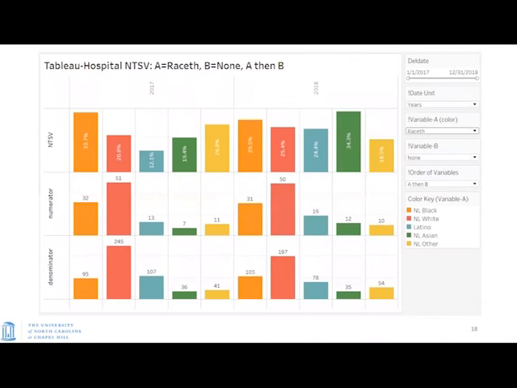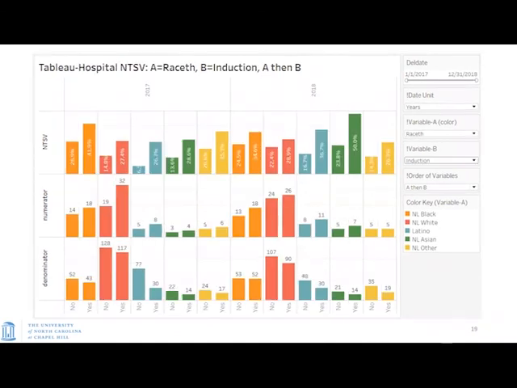I want to incorporate race, and see if we call it race with ETH at the end because it combines ethnicity and race. So if the patient identifies herself as Latino, then she is Latino, and is race otherwise. So here we have race, and you can incorporate that. You can incorporate another variable like induction and see for the moms that were induced versus the ones who were not, are these figures different?